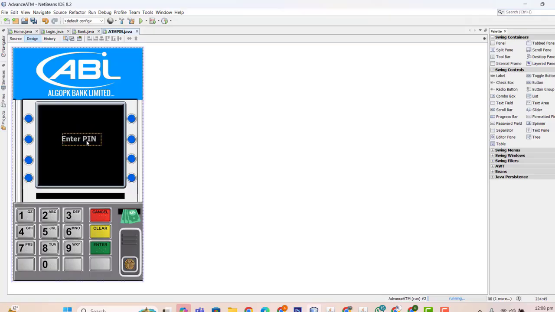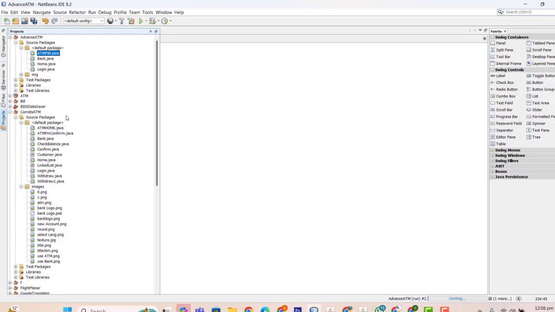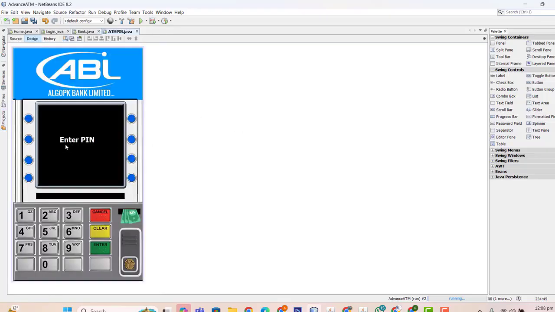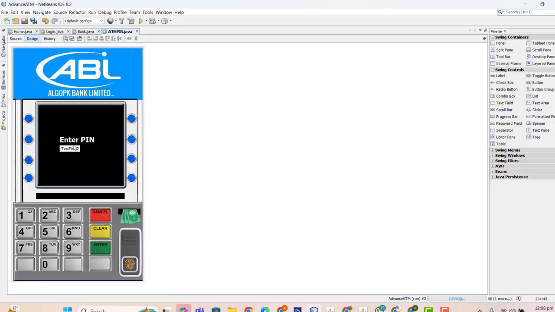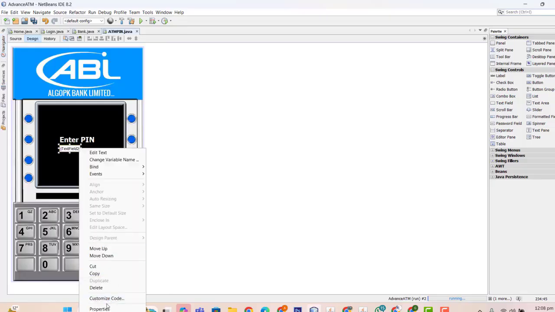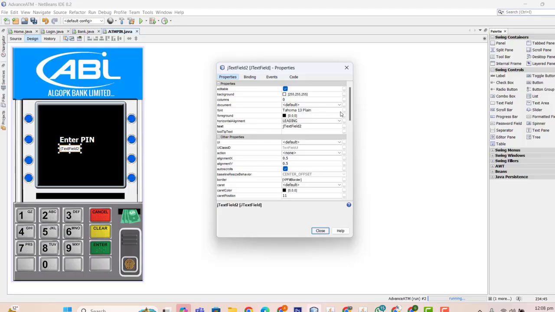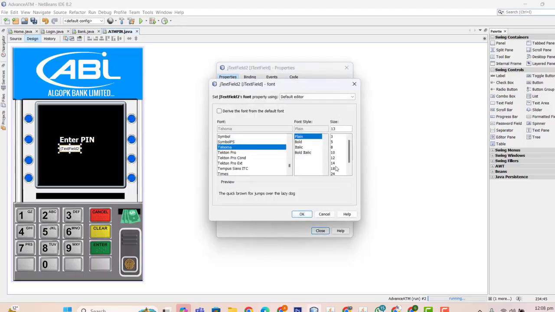Put it in the middle. And one more thing, text field, put it here. Open navigator, select this text field, put it on the top of this label 1 and open properties, 24, bold. Okay,